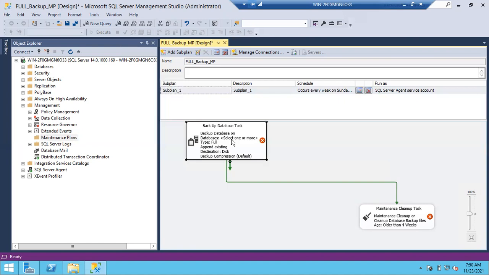When you run this backup on a 2 terabyte database, it will generate at least 500 GB to 600 GB. Imagine it is generating 600 GB every time you run the full backup. How many full backups can I keep in this 2 terabyte drive at a time?